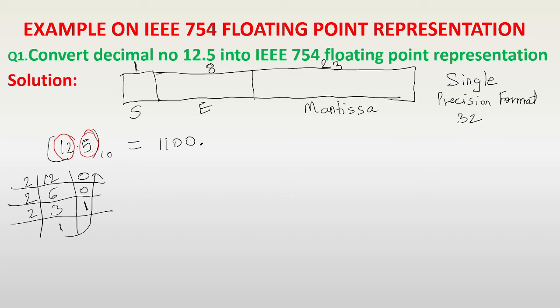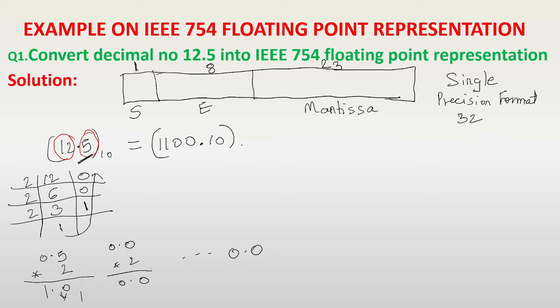Similarly, we have to convert the fractional part, the number after the decimal point, into binary format, that is this 0.5. How to convert this 0.5 into binary? Just multiply by 2, because the number 2 represents a binary number. So 0.5 times 2 is 1.0. Here 1 remains, so take this 1 down. Then what will remain is 0.0, times 2 gives 0. If you continue further, all the answers will be 0.0 only, so no point in continuing. So 0.5 you can represent as 1, that is 0.1.